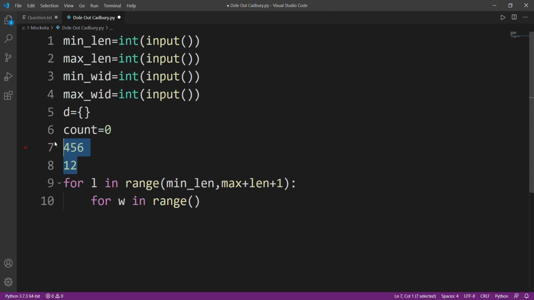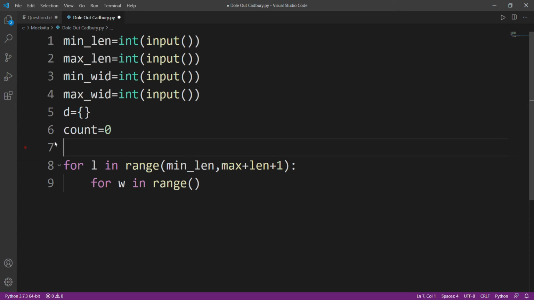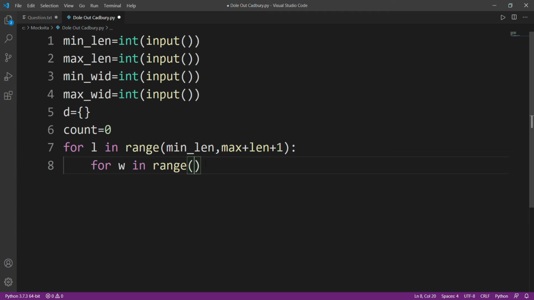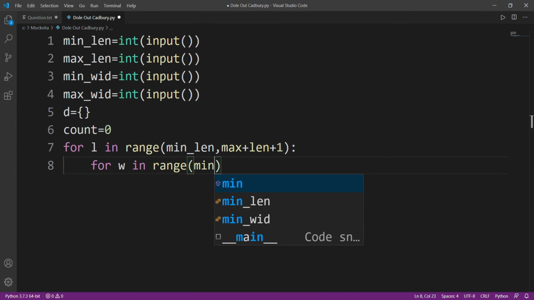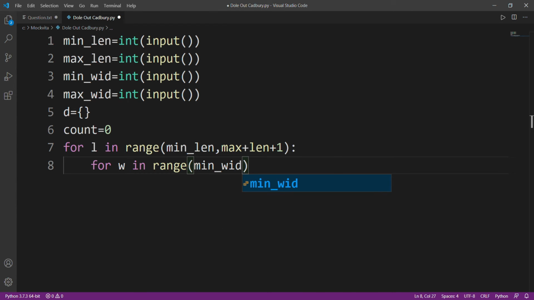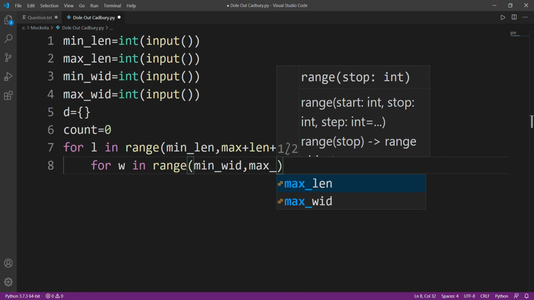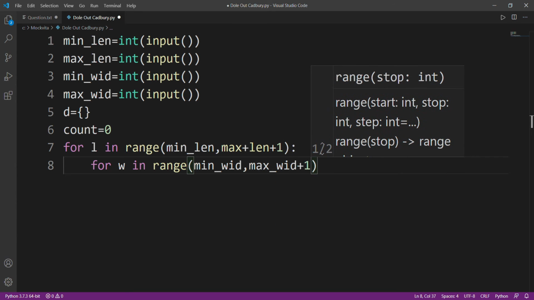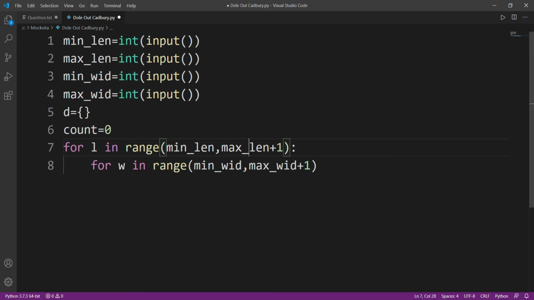So it's given that the complexity will almost actually go above n square. So now let's start. We'll again iterate from min width to max width plus 1. Okay, this shall be max len plus 1.